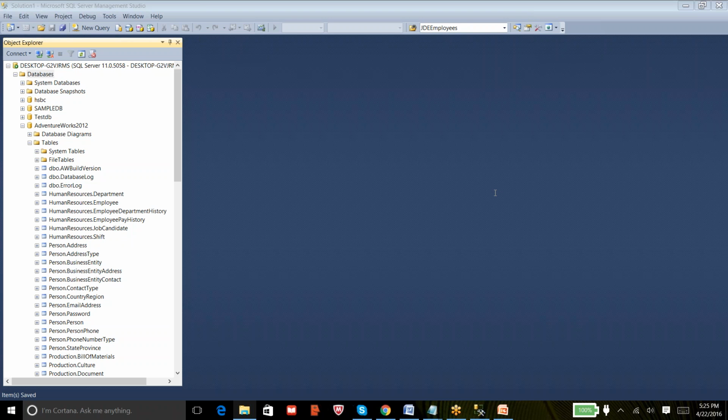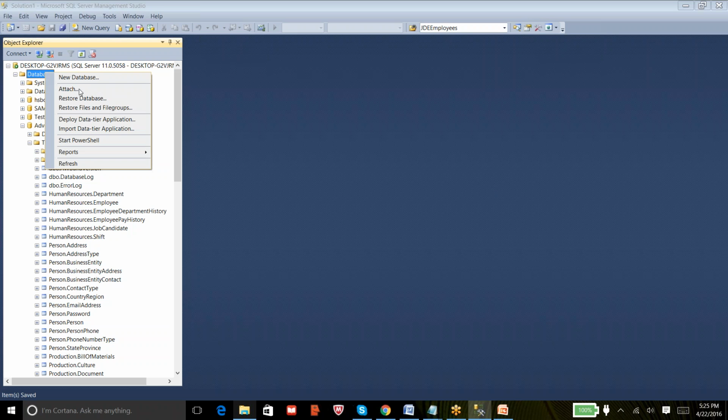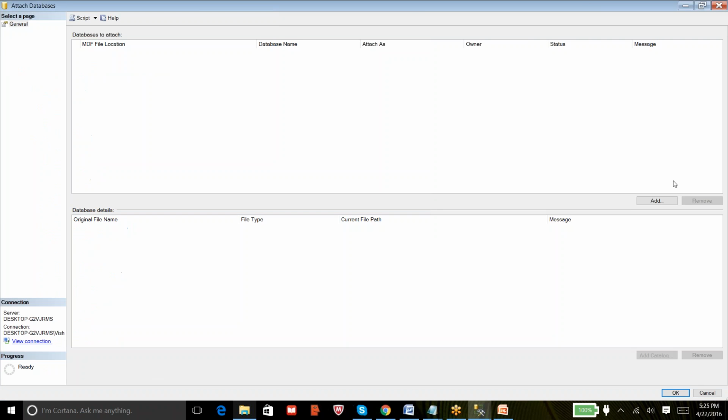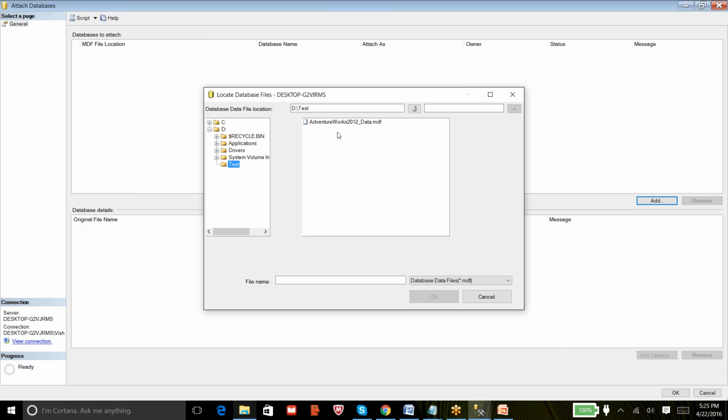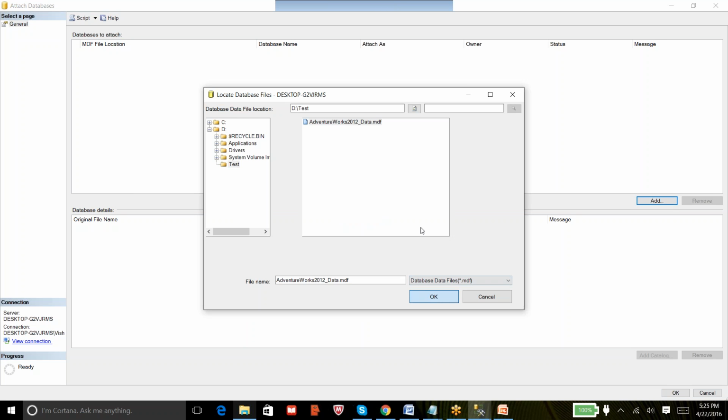Suppose the MDF and LDF files are not in the same location, then it will not attach the LDF file automatically. It will just try to browse the same folder or the same path where your MDF file is. If that is the case, you can always browse to the LDF file in a different location. It's still possible. Let me try to browse it again. I won't restore. I've just browsed it. Oh, it got hung up.